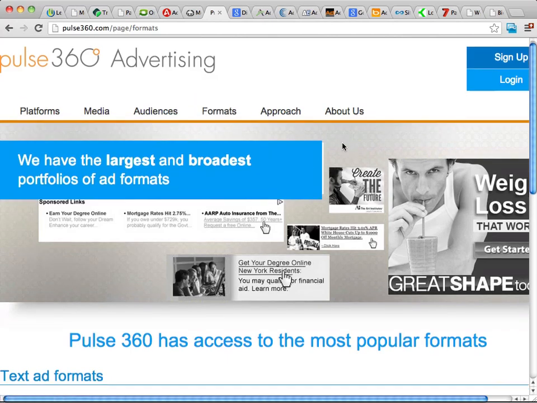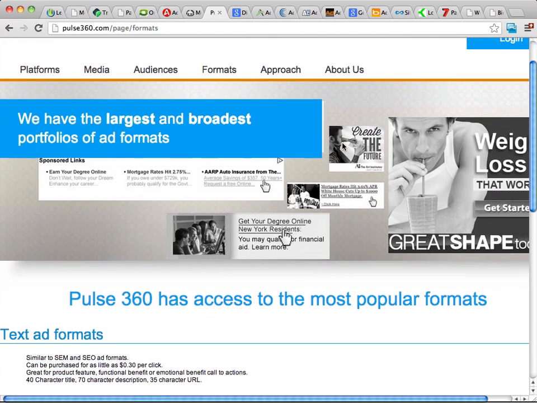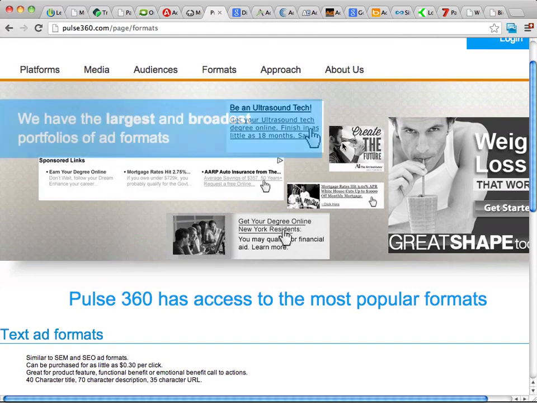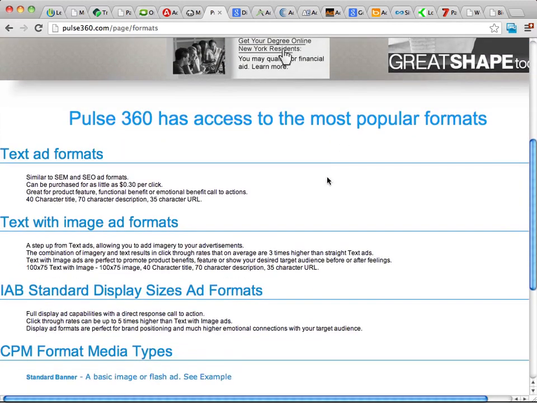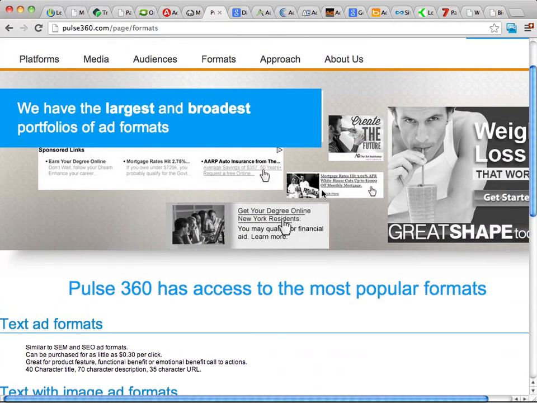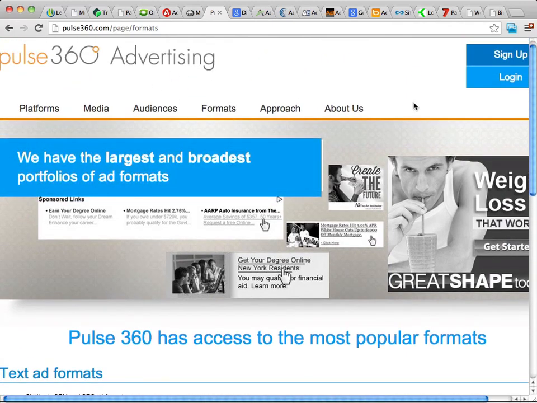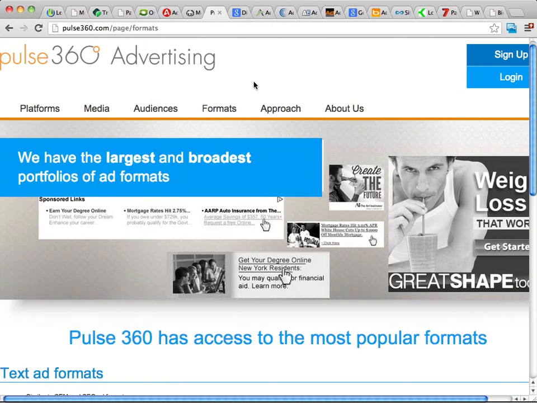You can find out the different formats that they have. If you're on any type of health or pop culture websites, chances are you've seen Pulse 360 ads before. You don't need a lot of money to get started with them. They have very helpful guides and support here as well. So they're definitely a place that you should check out.